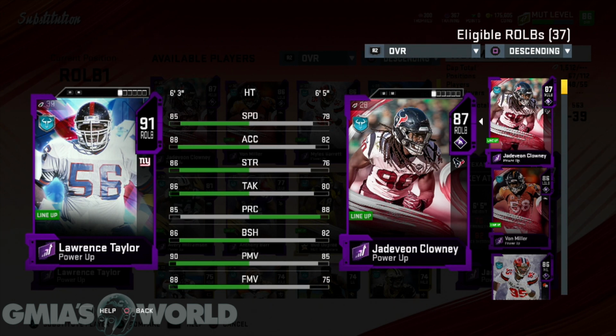Now, in Madden 19, they waited until around Thanksgiving to give him his card. Right now, we got it a little bit earlier. We've been asking about getting the better cards earlier in the year so that we can enjoy them a little bit more, because over the last couple years, EA has been giving us souped up cards too late in the year. So right now with Lawrence Taylor, with him coming in at an 85 speed, 88 acceleration,